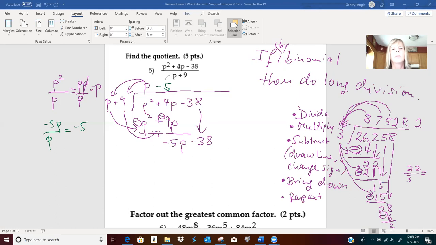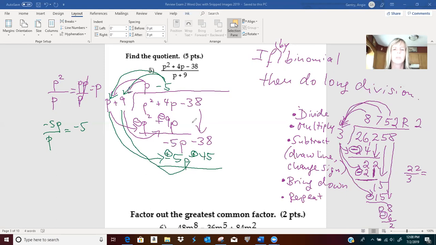Then it's time to multiply because we just divided. So we're going to say negative 5 times p is negative 5p. Negative 5 times 9 is negative 45. Then we draw the line and change each sign. So this becomes a plus and this becomes a plus. So I have a negative 5p plus 5p cancels, and the first one always has to cancel, but I didn't